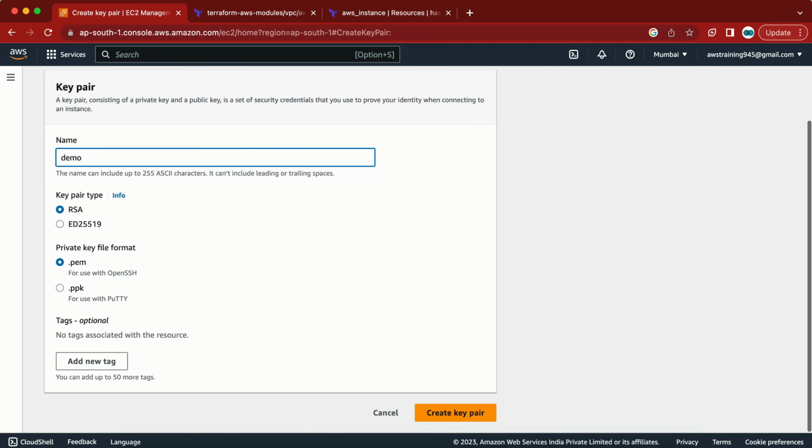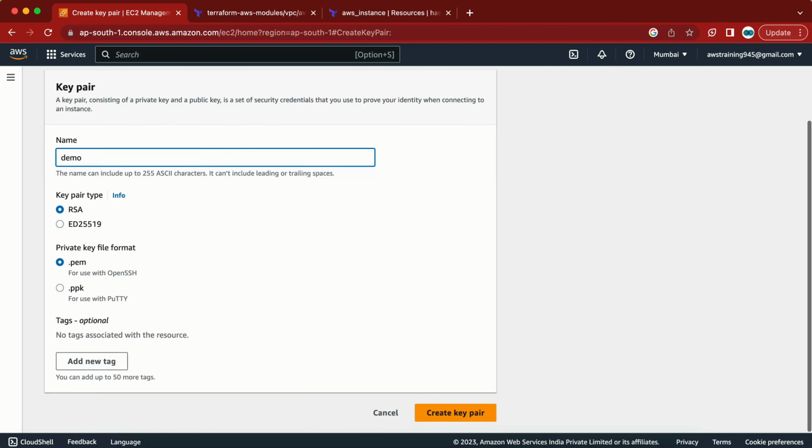Let me scroll up a bit. Now here it is, AWS instance. Let me go with the command terraform